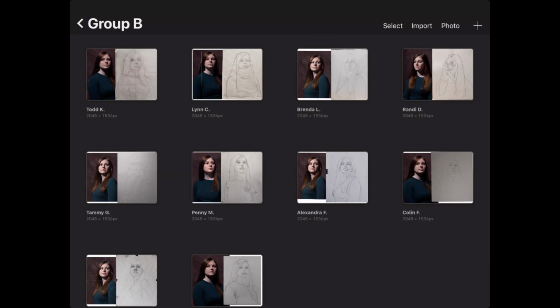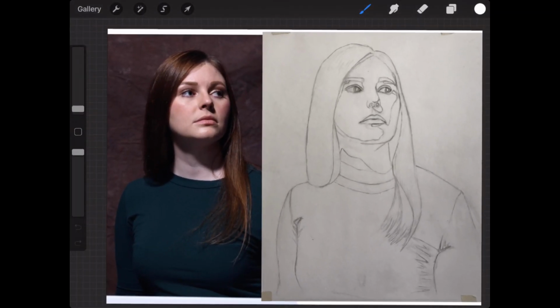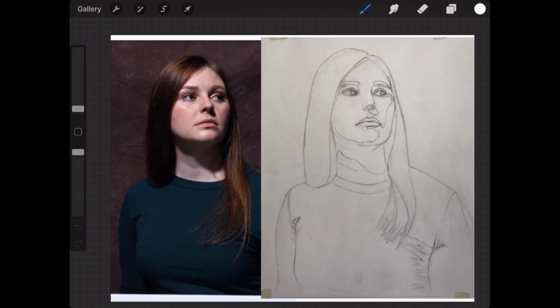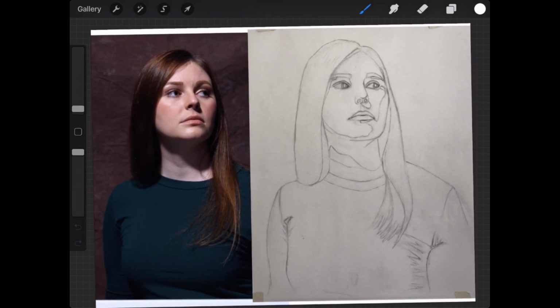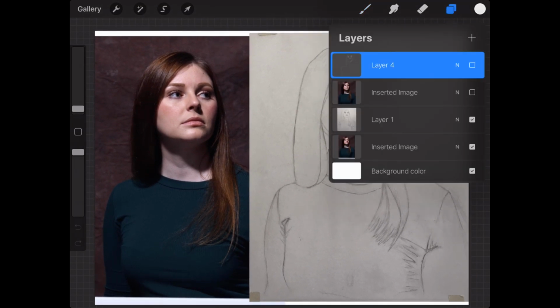All right. Well, good job on your drawing. I look forward to seeing your underpainting. All right, Penny. I think I saw you in here. It is your turn. Let's see. Let me pull up